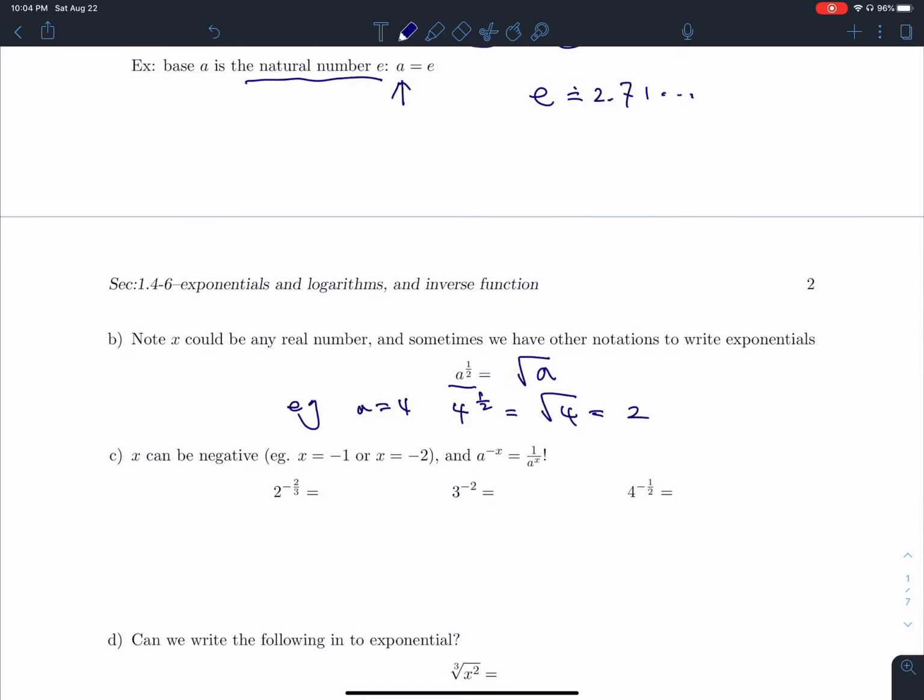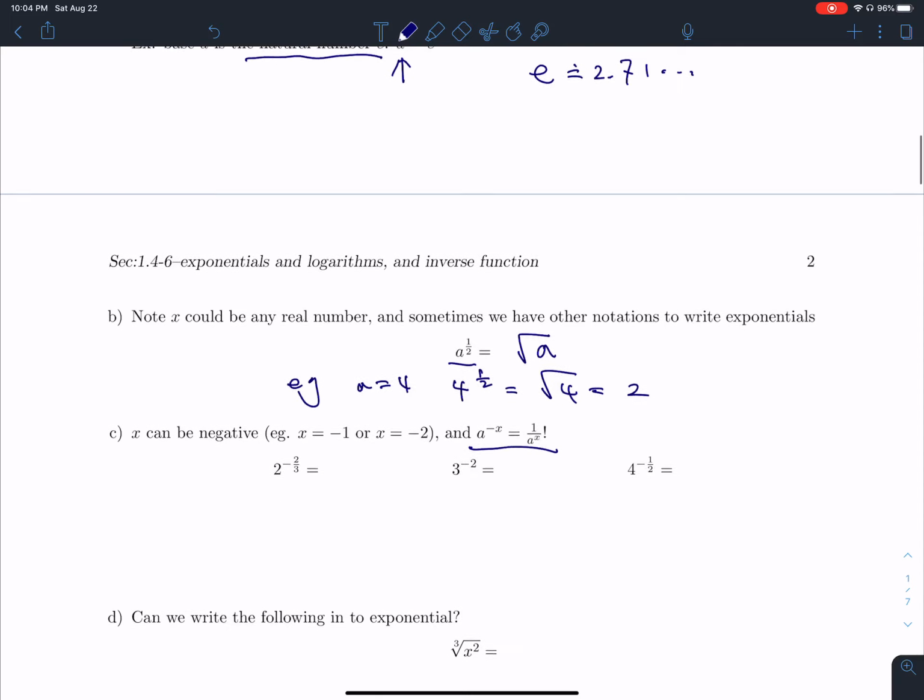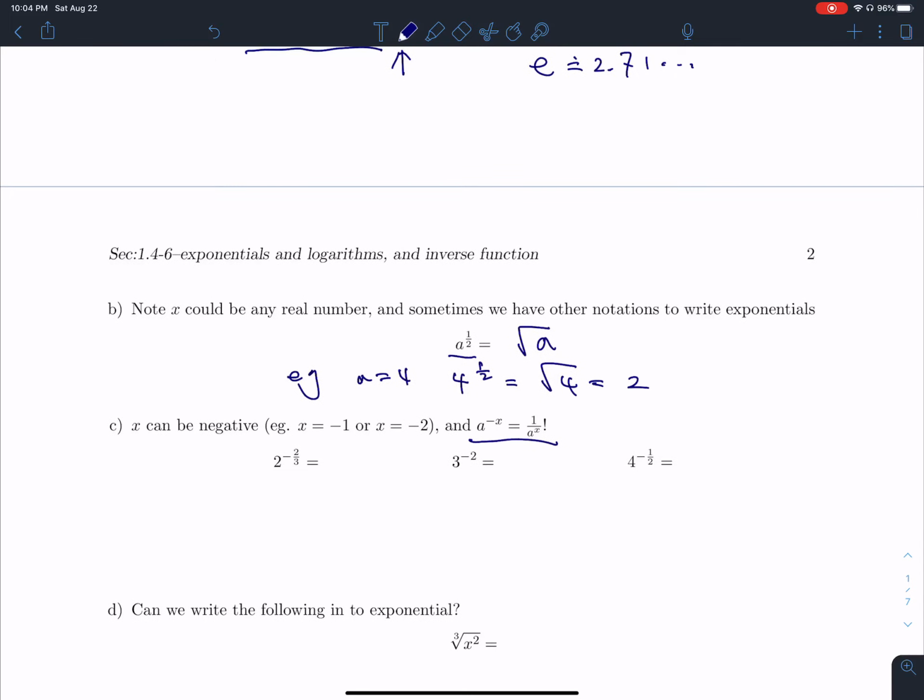And another thing is the exponent. If the exponent is negative, that means you just move this power into the denominator. So that's also very useful for the calculation of the exponential function. So here, let's use this negative exponent to actually evaluate something. So 2 to the power negative 2/3 is 1 over 2 to the power of